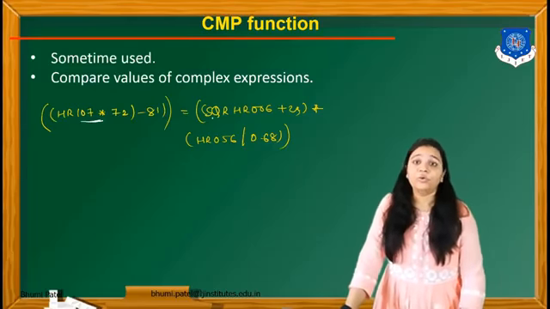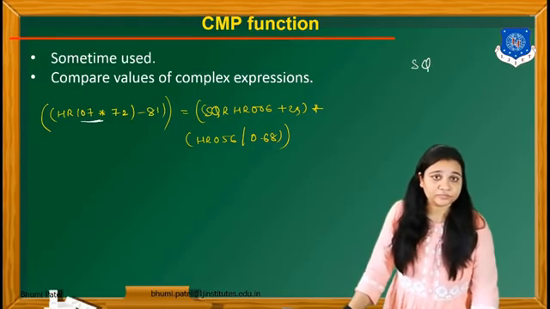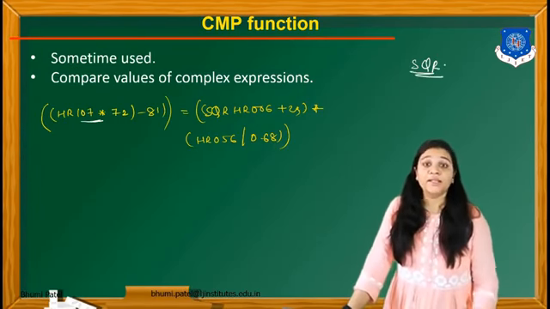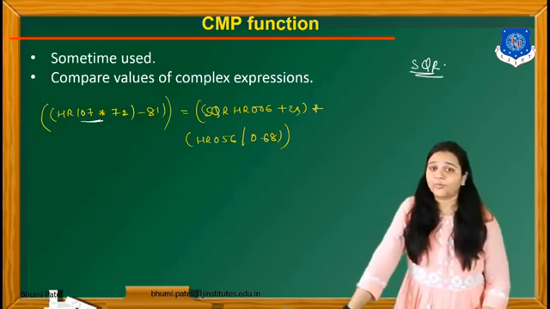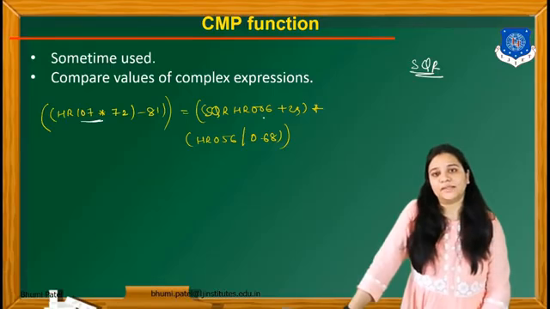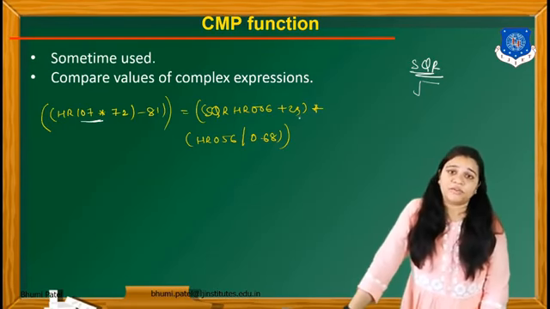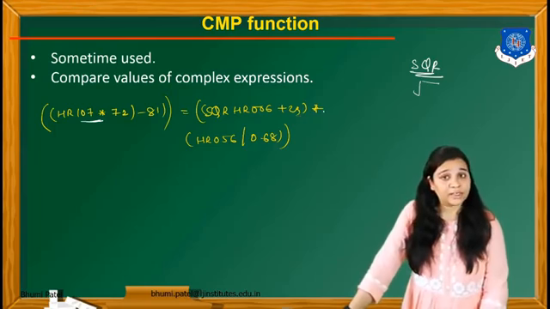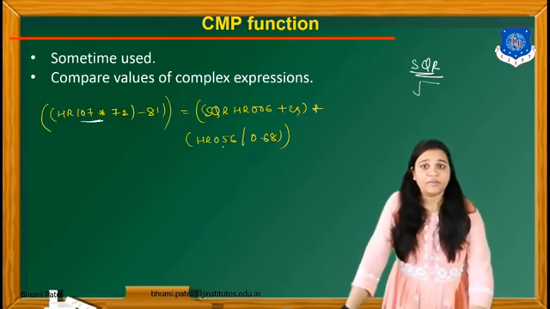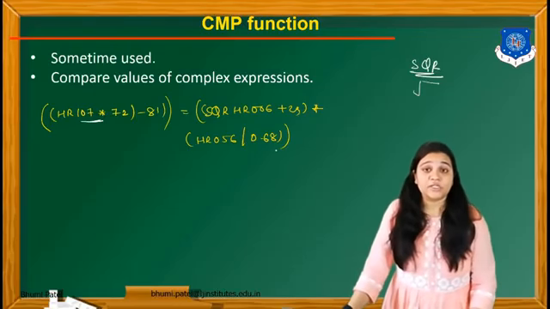That is equal to SQR. Now you have to remember, what is the SQR? It is the square root function of the PLC programming. So SQR HR0006. Okay, whatever value is in the HR0006, we have to take the square root of this value. Then we have to add in these 23 number. Then we have to multiply with the HR056 and then divide by 0.68.